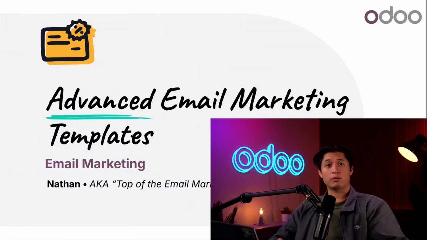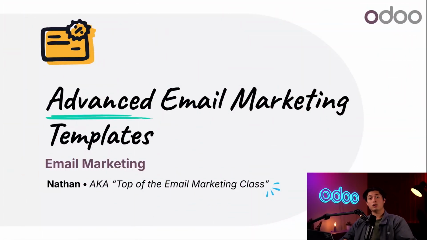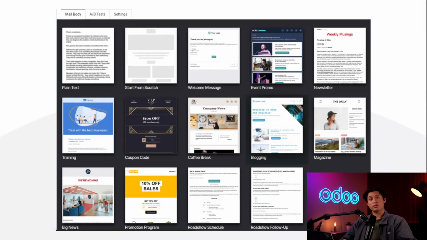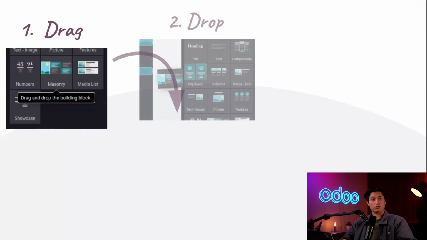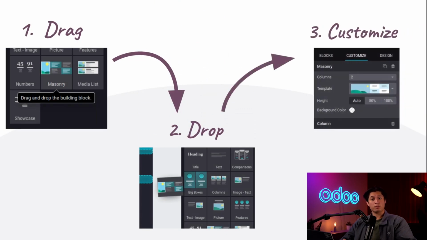Today we'll be taking a look at how we can use the powerful template builder in Odoo's email marketing app to build an email template from scratch. With email marketing, you can simply drag and drop and customize entire blocks of content. The real power of these features comes from the more advanced customization options, and this is what we'll be taking